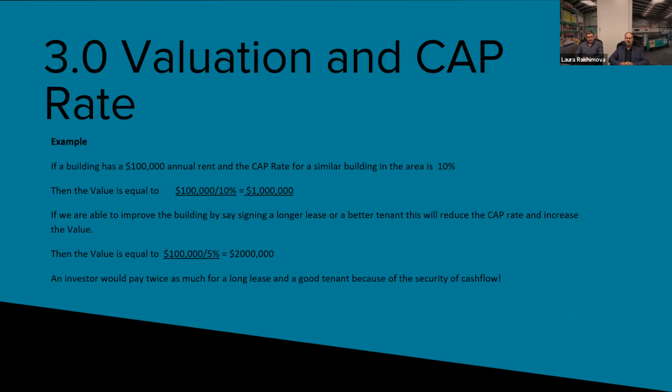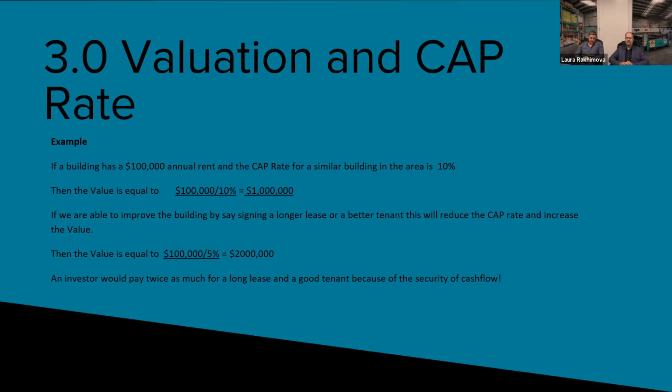So this is a valuation and cap rate example. You've got a building returning $100,000 in annual rent, and the cap rate is 10%. 10% is quite a high cap, but let's just say it's a quite risky area. You wouldn't get that in this market at the moment, but for an example, then the value is equal